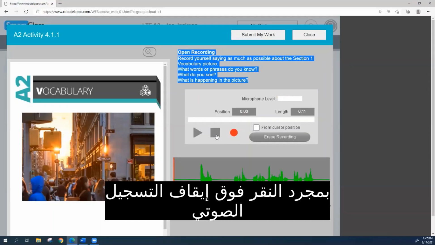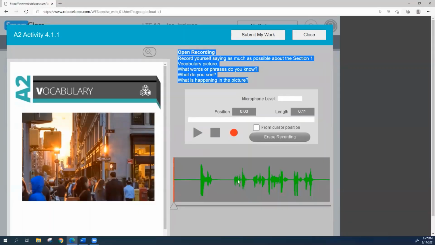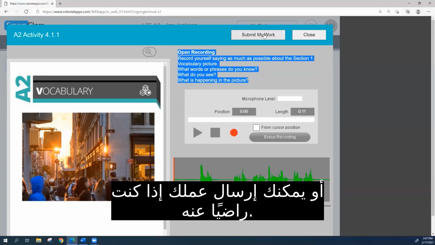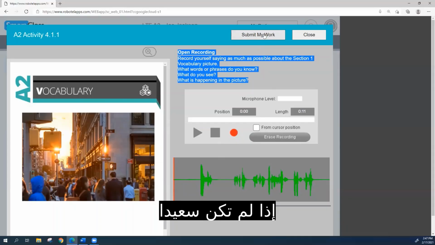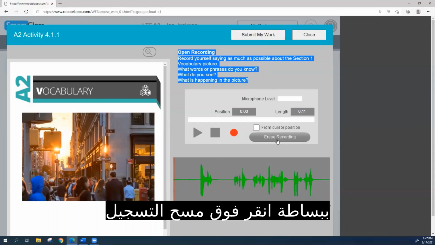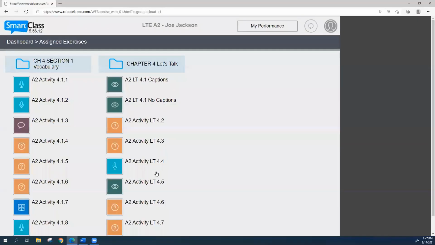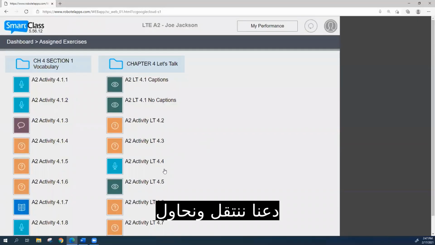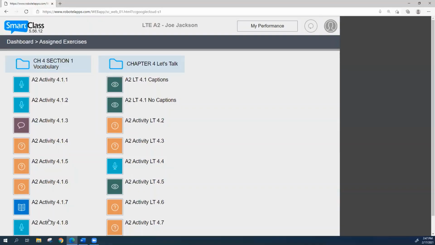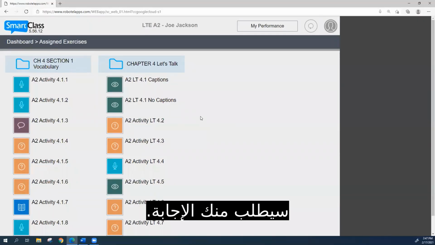As soon as you click stop, your audio recording will be shown below. You can replay the audio recording, or you can submit your work if you're happy with it. If you're not happy, simply click erase recording and you record again. Let's move on and try a segmented recording. In this case, you will be asked to answer